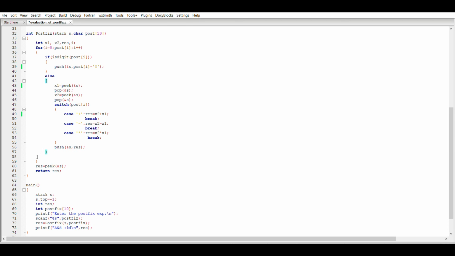So at the end of the loop, when everything is processed, the last element stored in the stack will be just the result. So I peek it and I print it. So let's